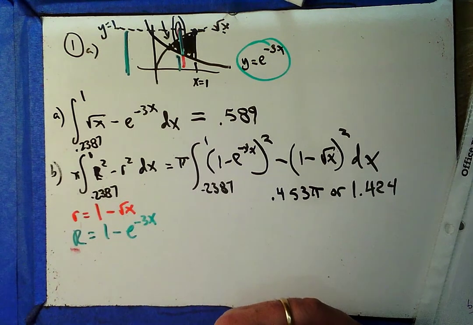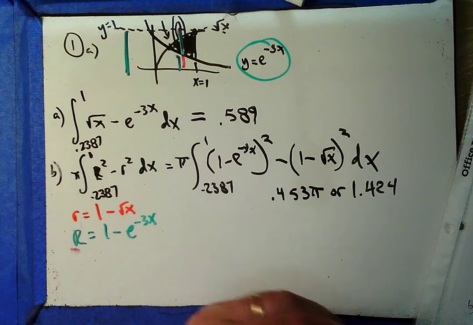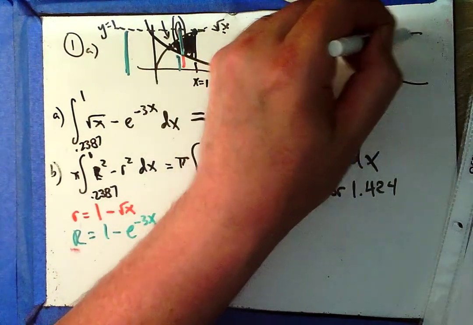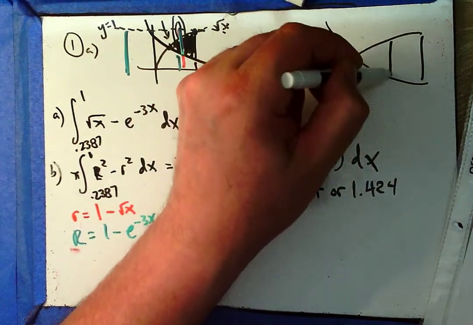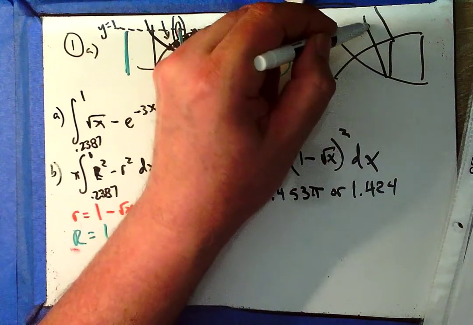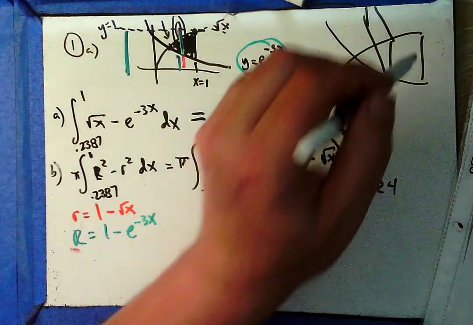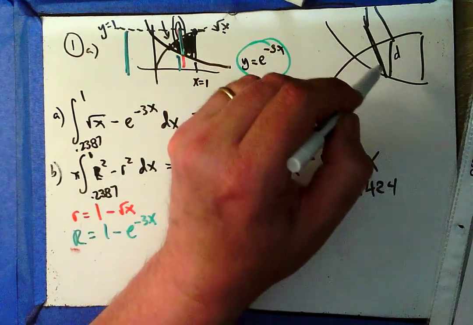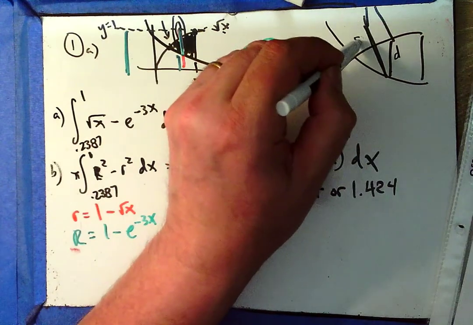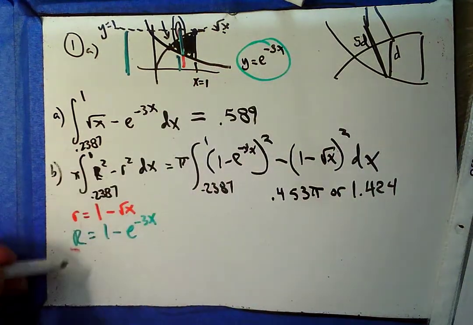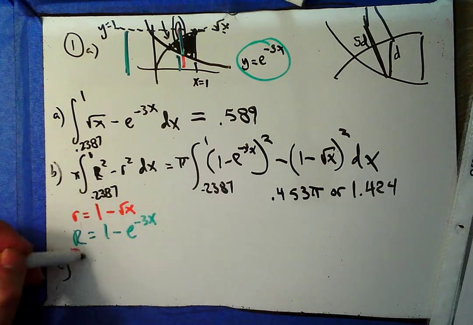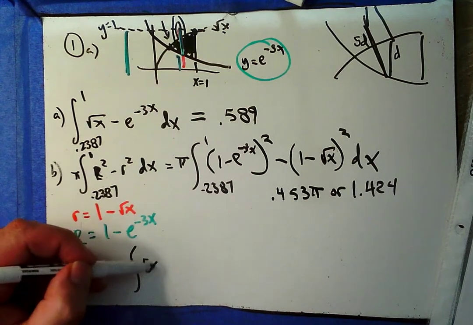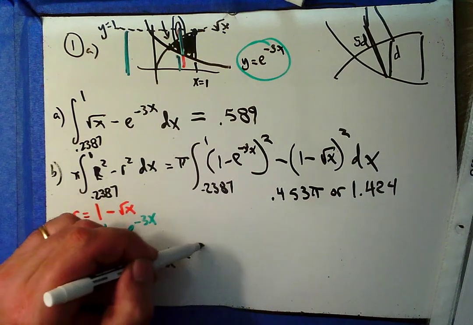Okay, and then on part C, it says the region R is the base of a solid. This time, solid perpendicular to x-axis is a rectangle. Okay, so I have this cross section, and I have this rectangle. And so this distance, let's call it d, and the height, they tell me, is 5 times that distance, 5d. So when I go to do the volume here, I'm integrating area, which means I'm integrating 5d times d, or 5d